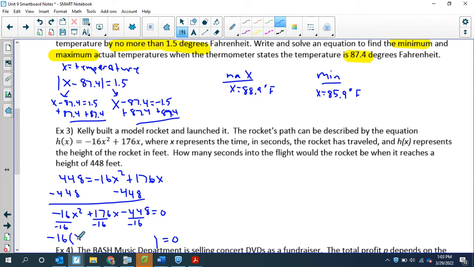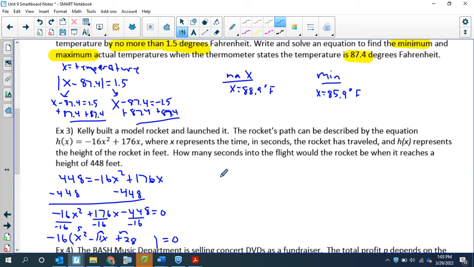So I would end up with x squared, because negative 16 divided by negative 16 is equal to 1, positive 1, minus, when I do 176x divided by negative 16, I get negative 11x. And when I do negative 448 divided by negative 16, I get plus 28. Which now I can use my SAM factoring